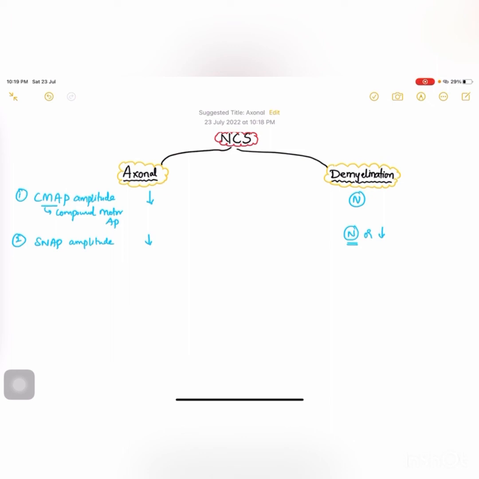Now coming to distal latency. In axonal neuropathy, the distal latency is normal, whereas it is prolonged in demyelination. Coming to conduction velocity, it is normal in axonal neuropathies and drastically decreased in demyelination, because we know that